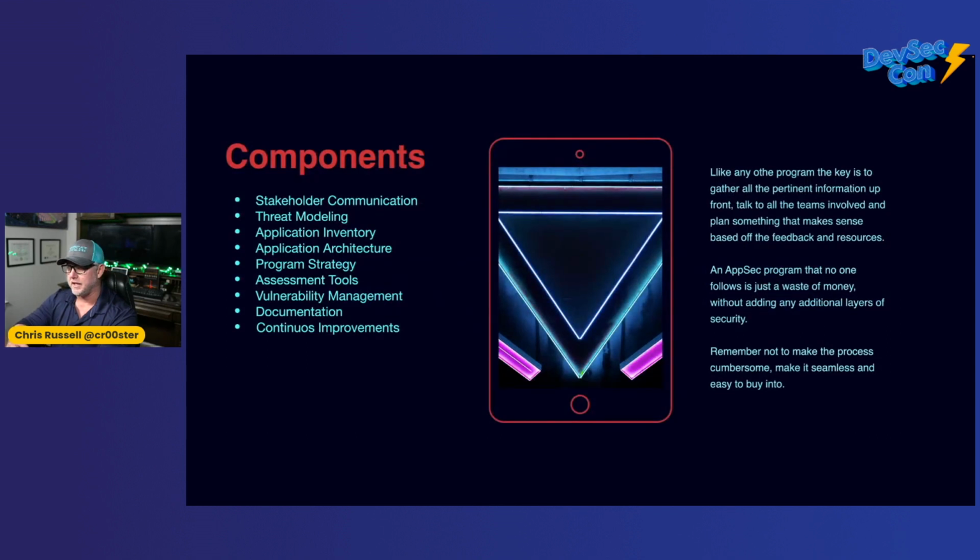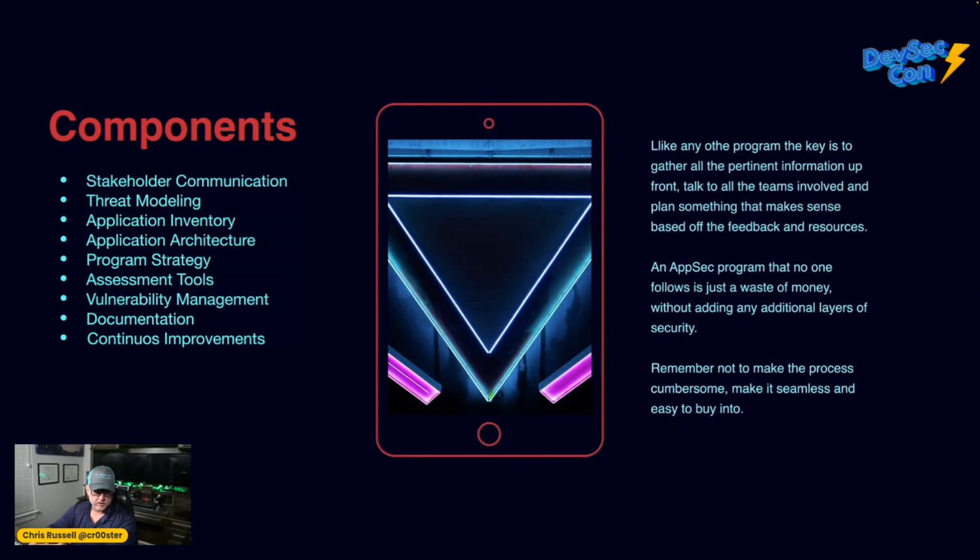First of all, like any other program getting off the ground, you need to do your research. You need to understand your organization, how you support your organization, and collect information on that. On top of that, you want to talk to the teams involved, the people who are going to be using this day to day, and really understand their workflow, their release cycle, all these things. Because what you want to do is support the company's ability to deliver apps and not make security a roadblock. As soon as it's a roadblock, people are going to go around it. People are not going to buy into it, and your program is going to be at risk of not functioning the way it's supposed to.